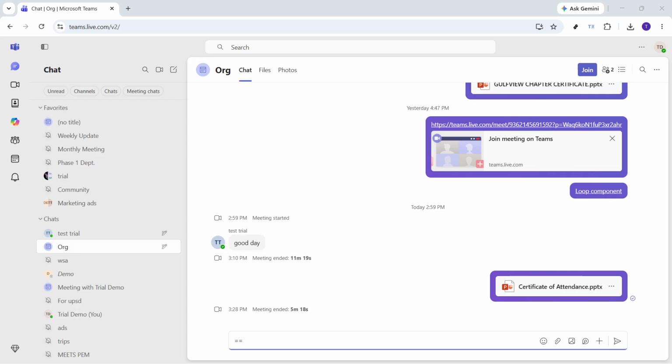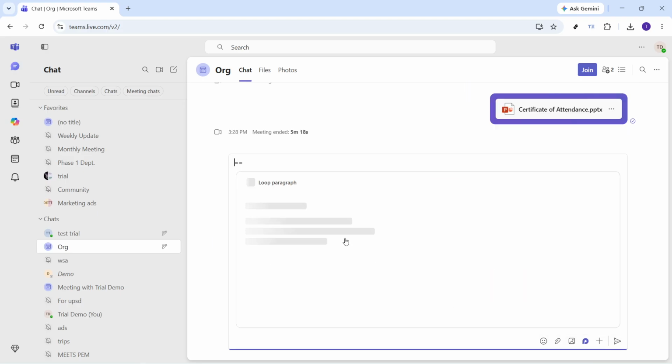Next, look at the message box at the bottom of the chat window. In that area, find the loop components icon and click it. This icon opens the menu that lets you create collaborative content right inside your message. If you don't notice it immediately, take a second to scan the message tools carefully, since it appears alongside the